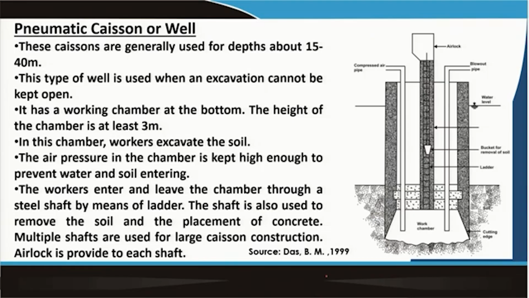So, here there will be a construction or working chamber, where workers can work. The height of the chamber is at least 3 meters. In this chamber the workers excavate the soil, because it is difficult to keep the excavation open. In the first open caisson the excavation is done but the bottom is still open, and sometimes that is very difficult or not possible, so you will go for this type of caisson. Under this working chamber the workers excavate the soil, and then the air